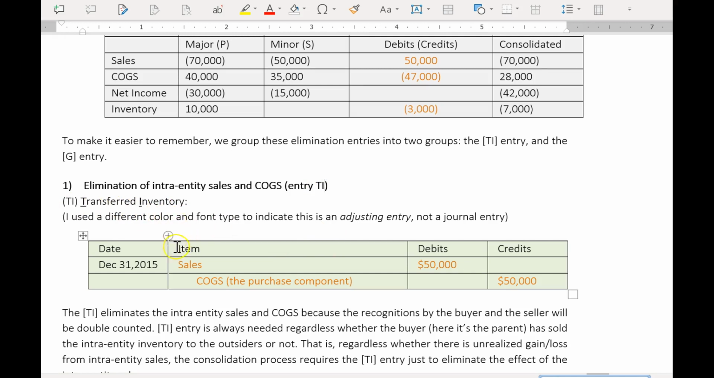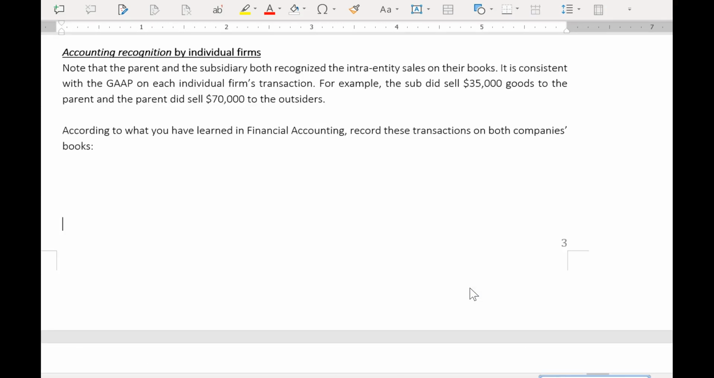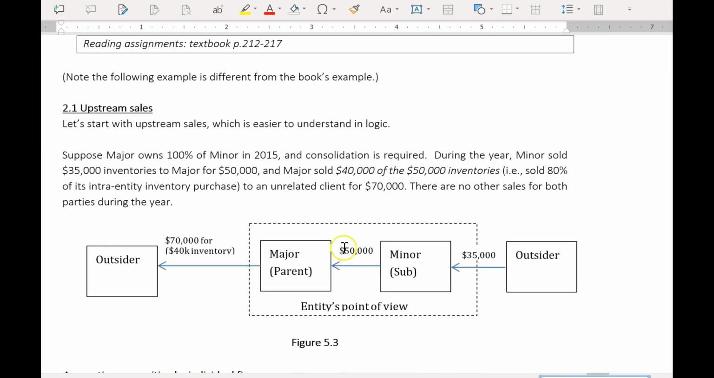So transfer of inventory. The TI entry is always debiting sales, crediting the cost of goods sold, for the amount of the whole intra-entity sales. Where can you find this amount? If you draw the box as I do, it is the amount within this box between the two parties. It is always this number between the two parties. That is the full amount of the intra-entity sales that you should be eliminating using